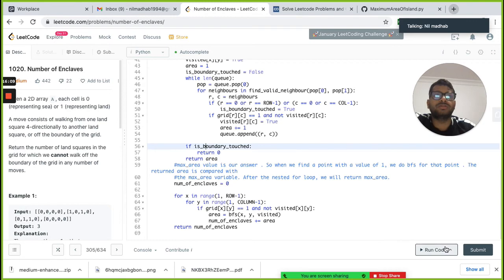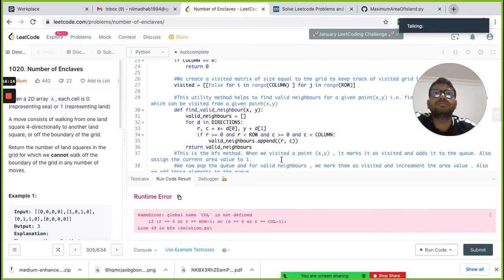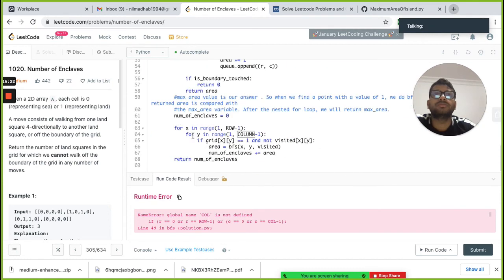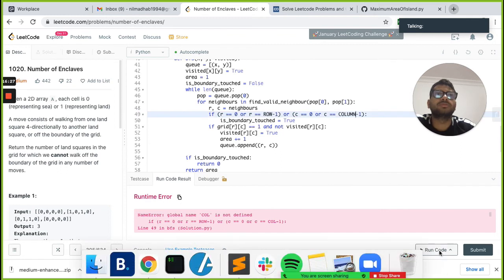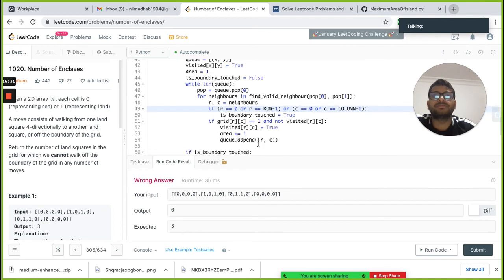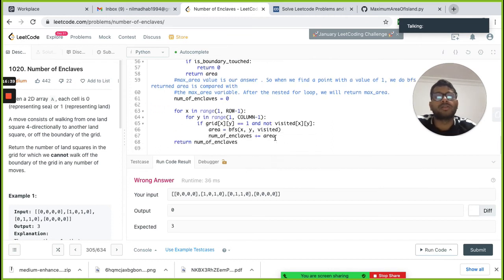So let's try to run the code and see. Okay, I think we have row and column. Okay, so we got 0 and expected is 3. So let's try to debug it. Why are we getting this?